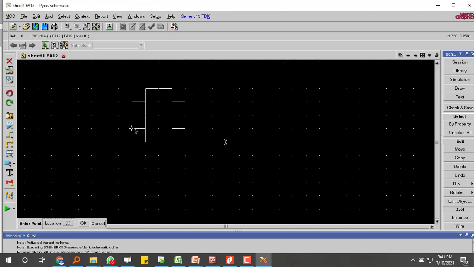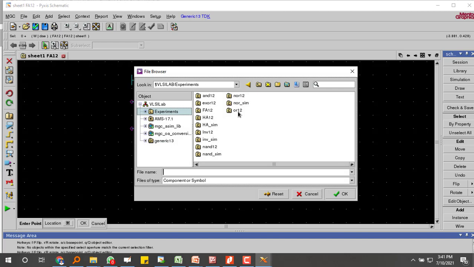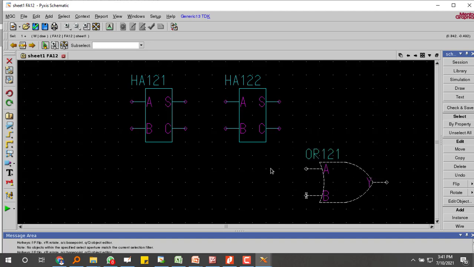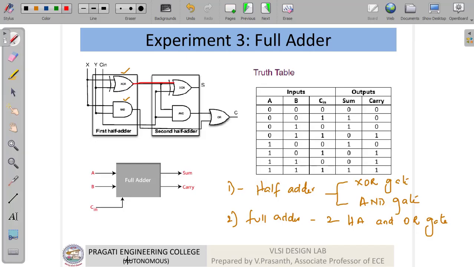Half adder I am taking, 2 half adders I have to take. So 2 half adders I have taken, and there is only an OR gate we have to take. So we are going to take the OR gate. So this one is connected to this one, and let me see. Your OR gate, this one is connected to this one, and